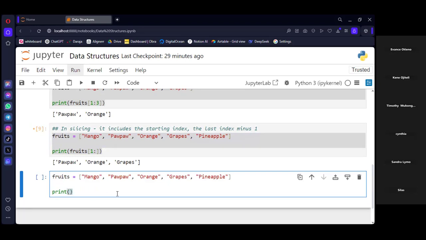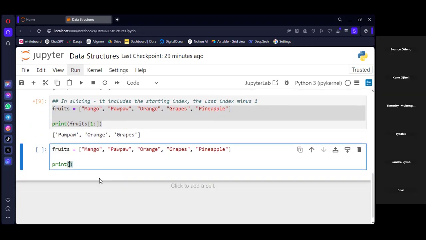Who can tell me, if I wanted to return the range of these elements from mango to orange, which code should I include to slice or specify that range? Anyone who wants to? Let me see.